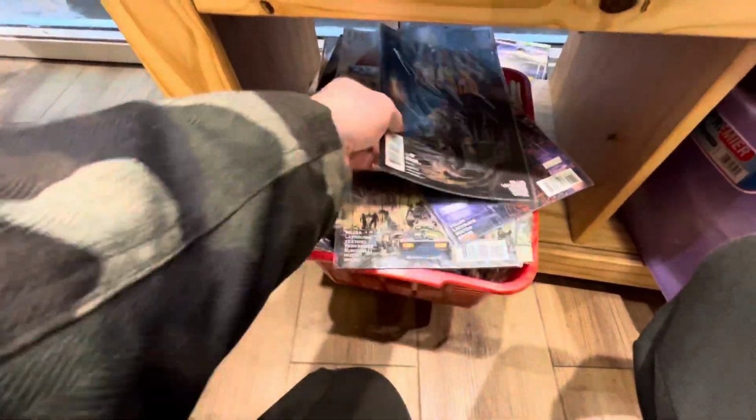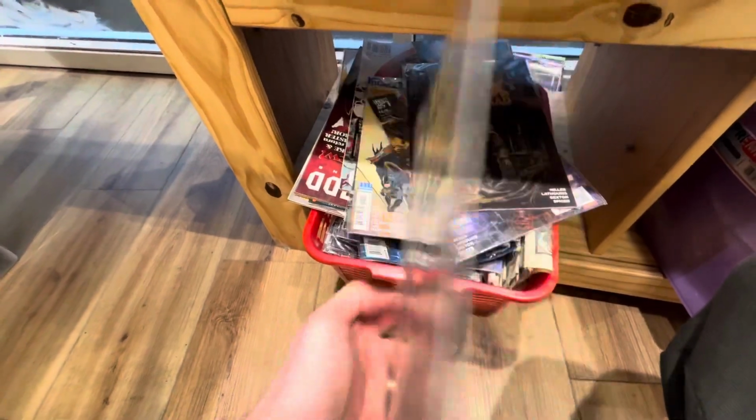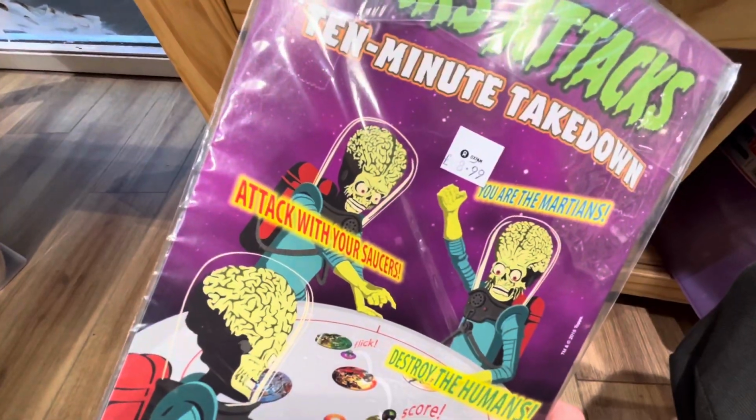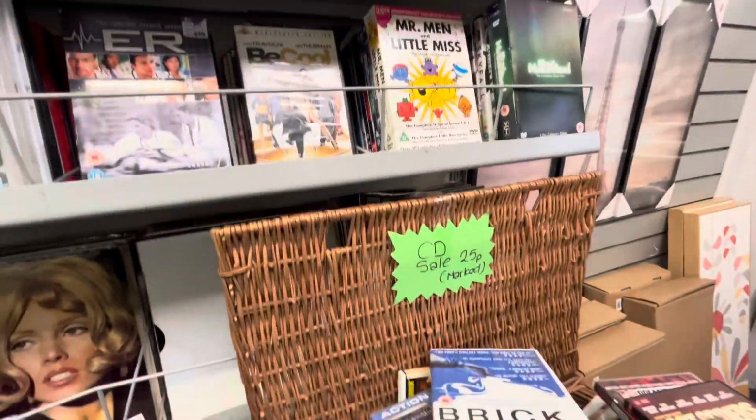I could have picked all these up for about £6, but that one being more expensive kind of put me off, as I just don't know the value of these comics, even though the artwork on these was super cool. Another charity shop and another wall of DVDs, and here's the thing,